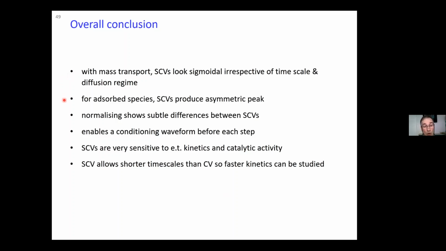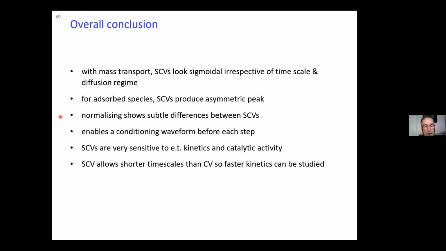In contrast, when you have adsorbed species, the sample current voltammograms have asymmetric peaks, which look very Gaussian when you have no kinetic limitation, and then increasingly asymmetric when you have kinetic limitations. Normalizing is very interesting, in particular when there is mass transport, because this allows you to reveal